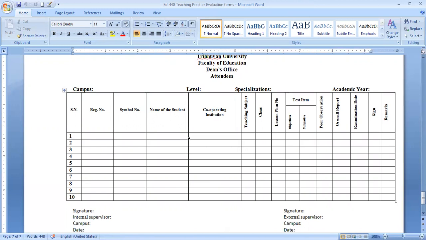If the students get familiar with how the marks are divided according to the topics, how many marks there are in lesson plan, preparing instructional material, then overall report writing and peer observation form, I hope students got the concept. I have explained each and every topic and how the marks are distributed here in detail. I hope students will get a good concept here.